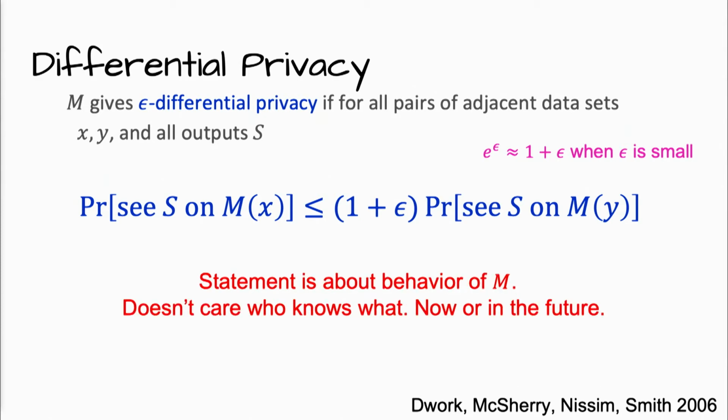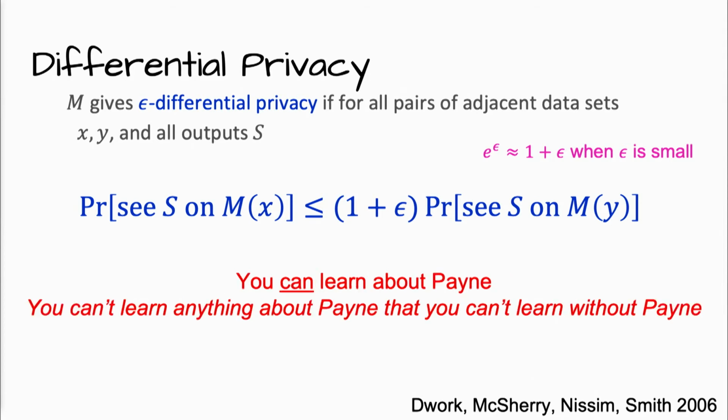Okay, so a mechanism, our algorithms, have a parameter which is usually called epsilon. And the algorithm has epsilon differential privacy if for every pair of adjacent data sets that differ in the data of just one person, and every possible event S, the probability that we observe S on the data set X,